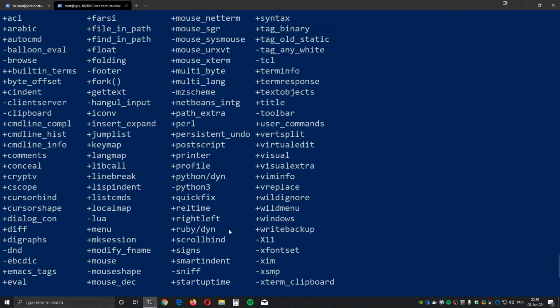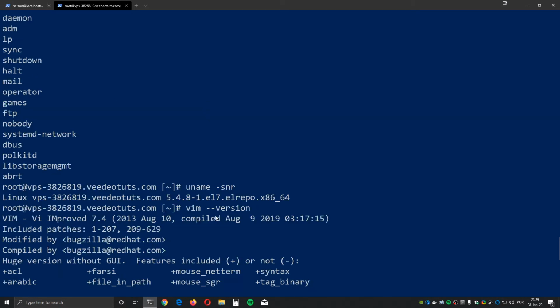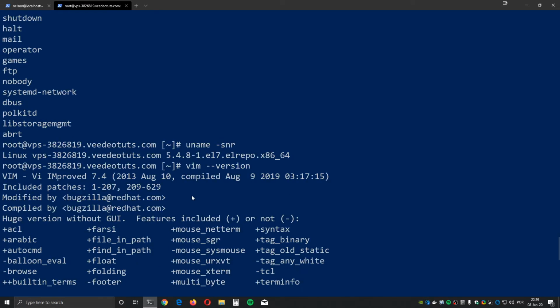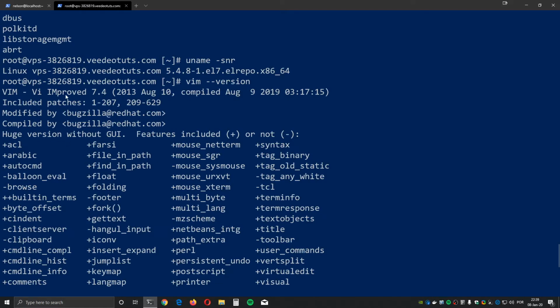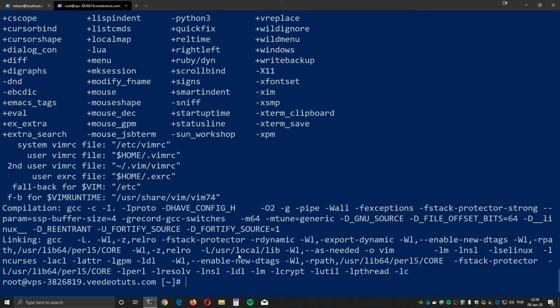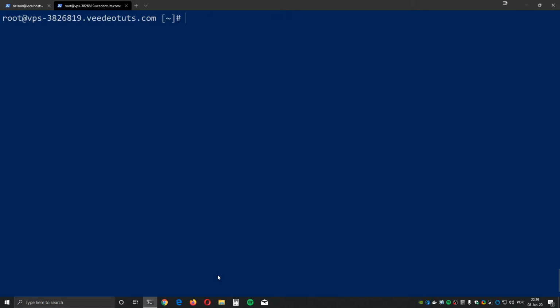If I scroll up a little bit, I can see that this is the version that comes with CentOS 7, which is pretty old. And if you are like me and you want the latest and greatest version, I'm gonna show you how you